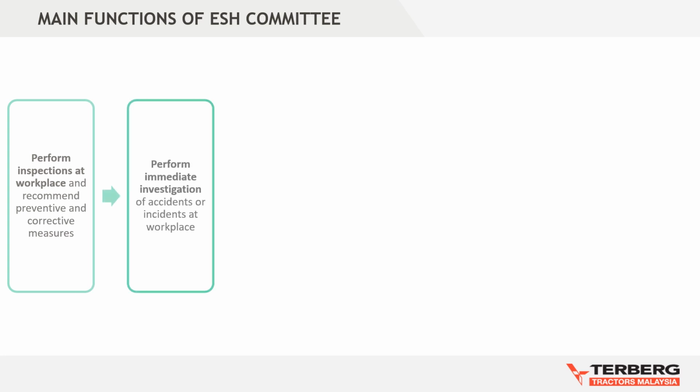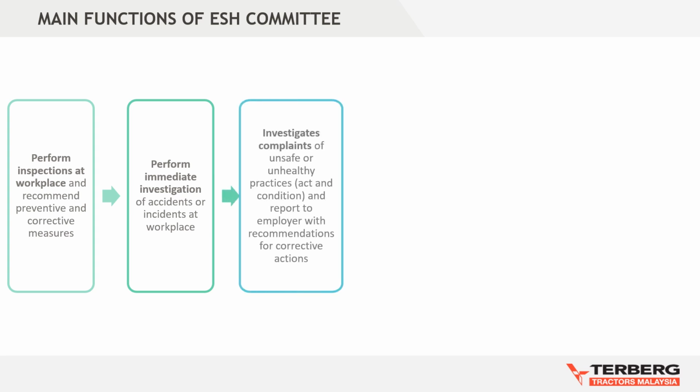These are specific functions of the ESH Committee: to perform inspections at the workplace, recommend preventive and corrective measures, and immediately investigate accidents, dangerous occurrences, occupational poisoning, occupational diseases, or environmental incidents at the workplace. ESH Committee members must investigate complaints of unsafe or unhealthy practices, acts and conditions, and report to the employer with